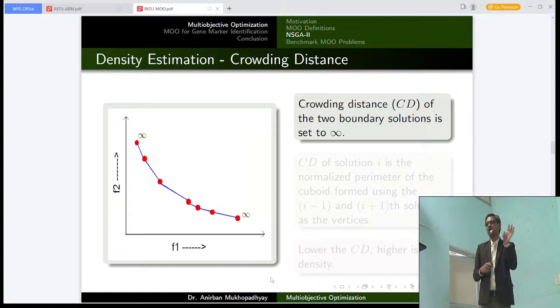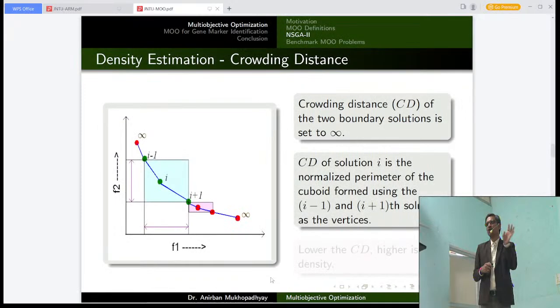How is that computed? You see, suppose I want to compute the crowding distance of this solution. This is done like this. We take